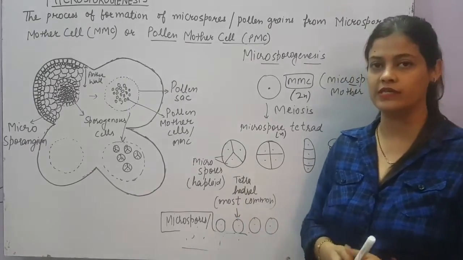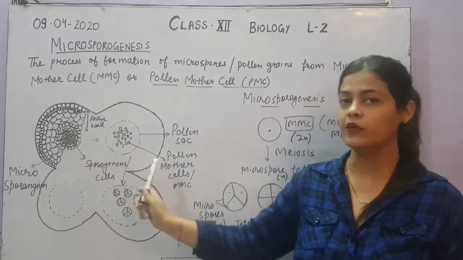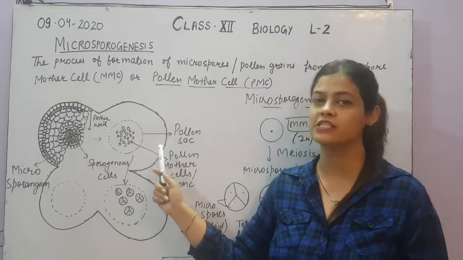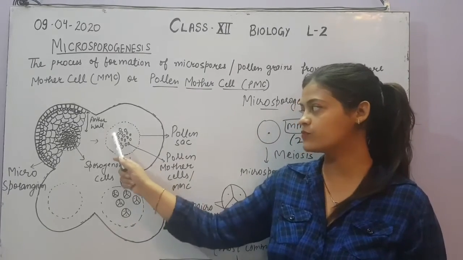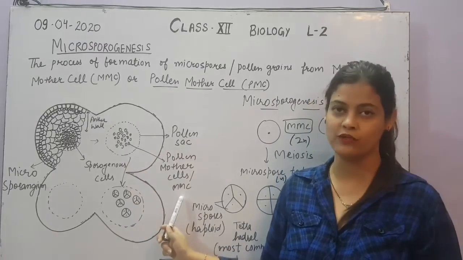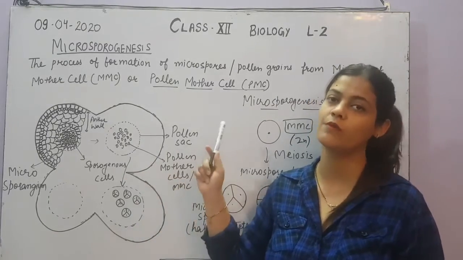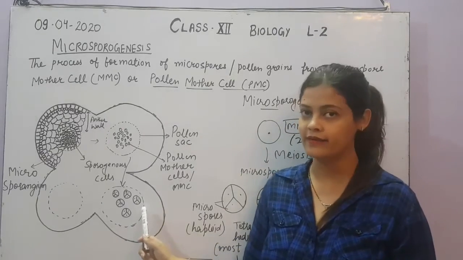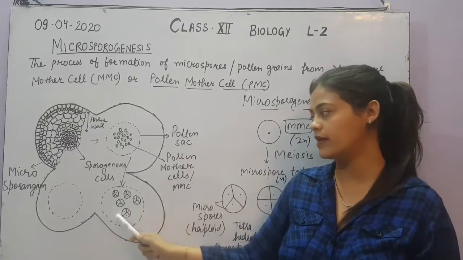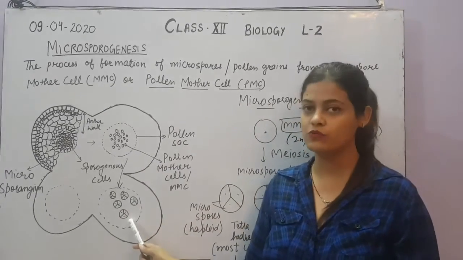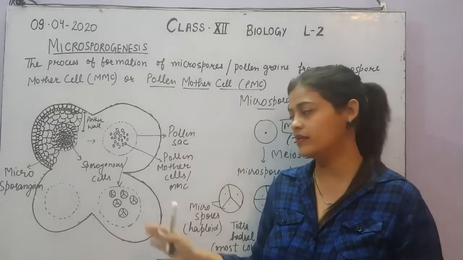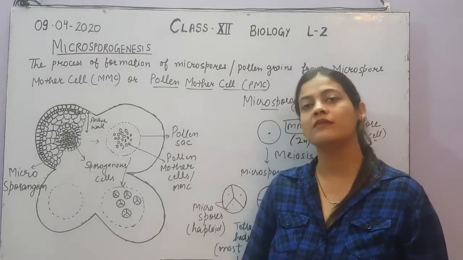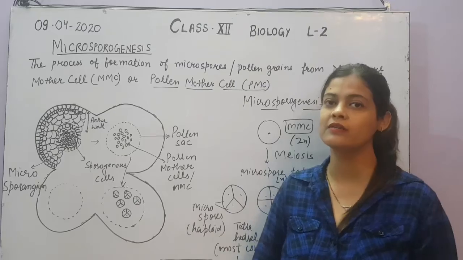Let us see how these pollen grains are formed. So first let me clear you in this. The microsporangium is considered to be a pollen sac when the anther matures. Inside this pollen sac we have these pollen mother cells or microspore mother cells which will undergo meiosis to form microspore tetrads. The most common condition of microspore tetrad is tetrahedral condition. Here you can see all the microspore tetrads. Now these microspore tetrads will be separated and now they will be considered as microspores. So microspores will later form pollen grains. Let us see how they will form pollen grains.